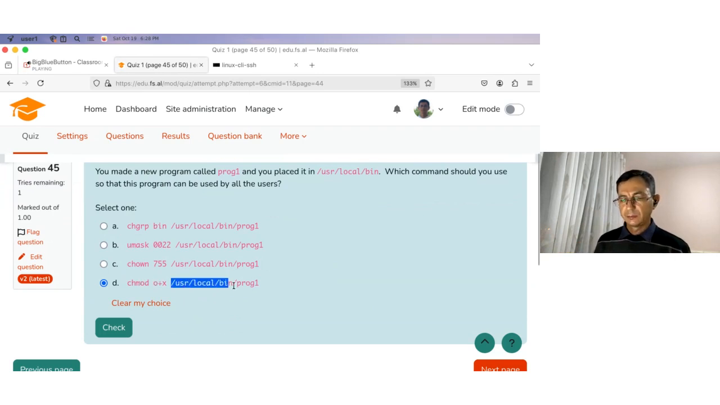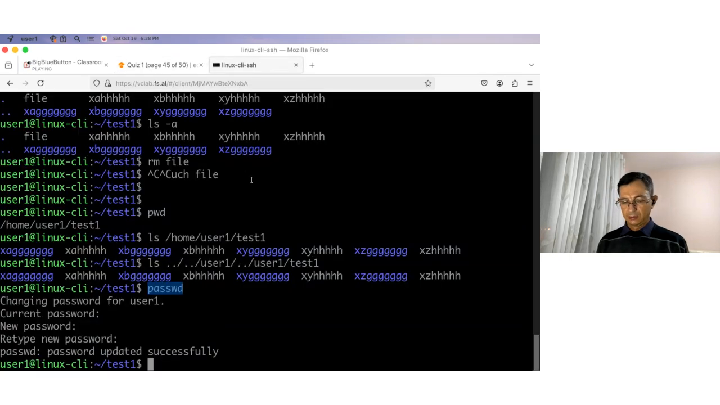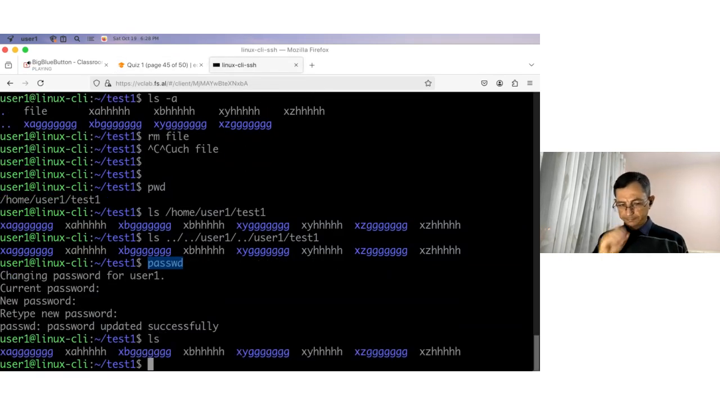Yes, one question. If the owner does not have permission to execute, but the o is given, then can he execute it? I'm not sure. This is a tricky question, but I think others does not include the owner and the group. We can try it. So this is a tricky question. For example,